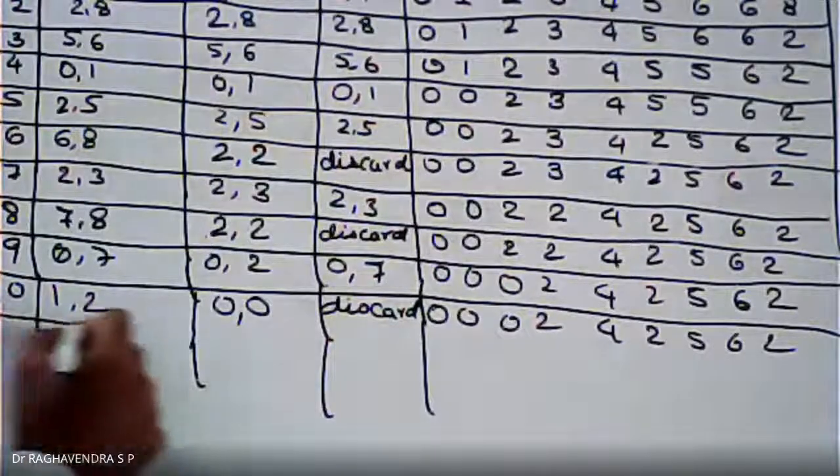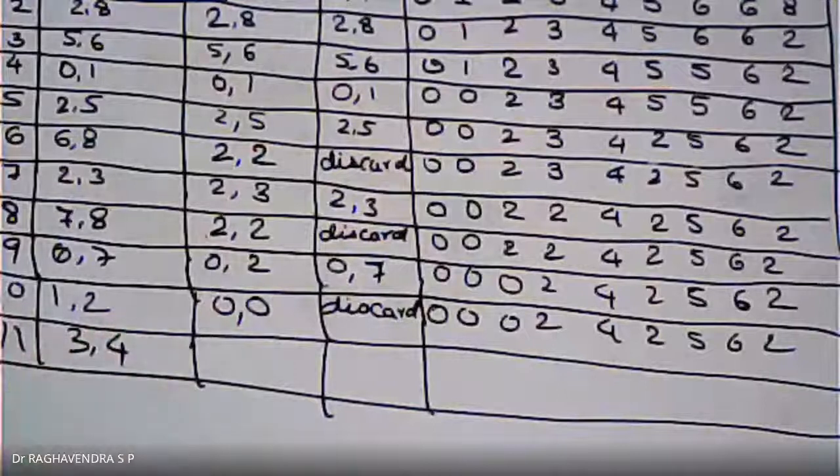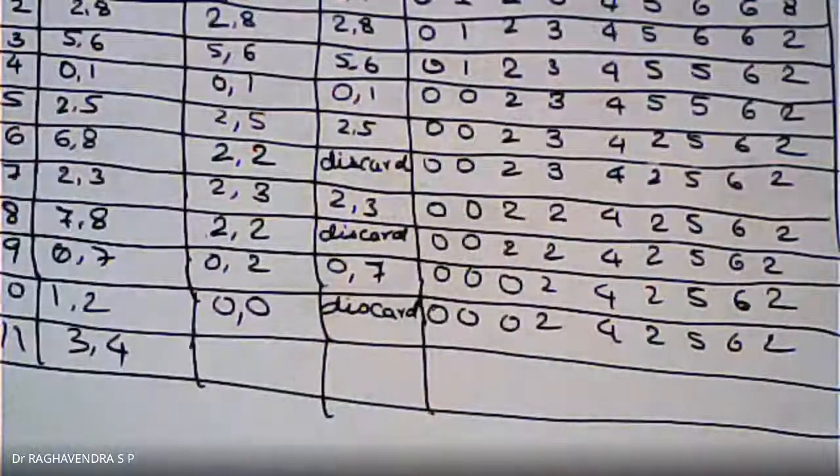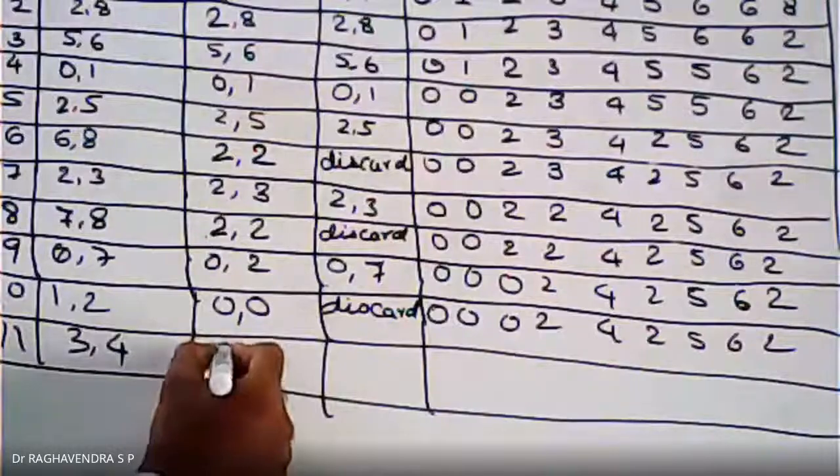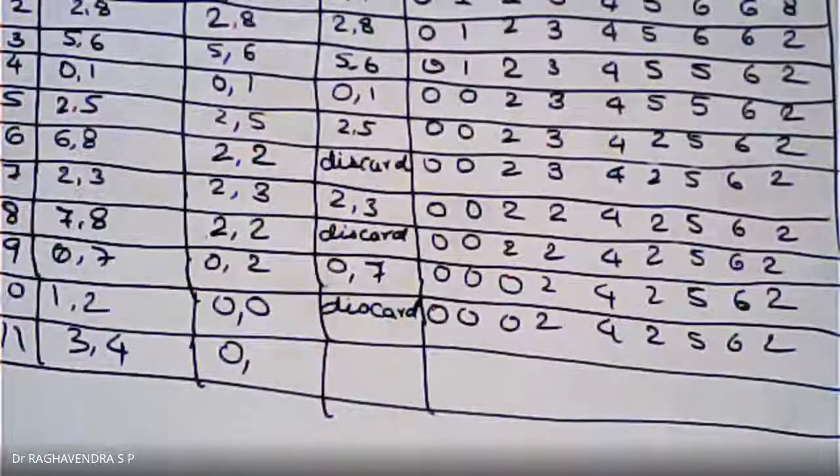Can you identify the next edge? Which is the last edge? 3, 4. Now identify the root of 3. It is 2, and when you go to 2, once again you are going to get 0. What is the root of 3? 0. 0. What is the root of 4?